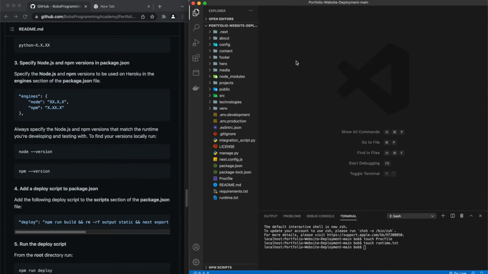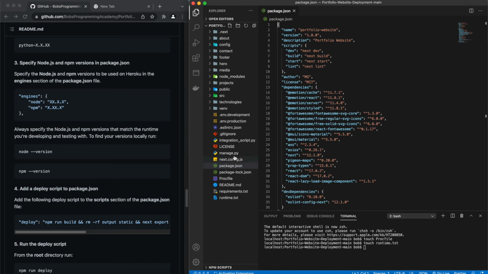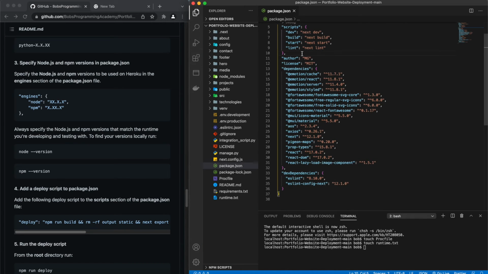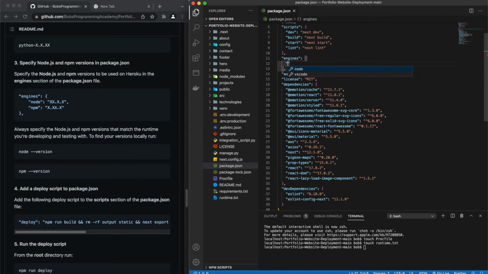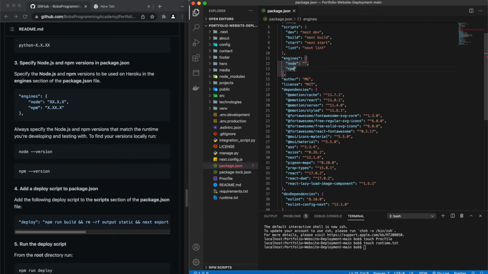Next, specify the Node.js and npm versions to be used on Heroku in the engines section of the package.json file. Always specify the Node.js and npm versions that match the runtime you're developing and testing with. To find your versions locally, run node --version